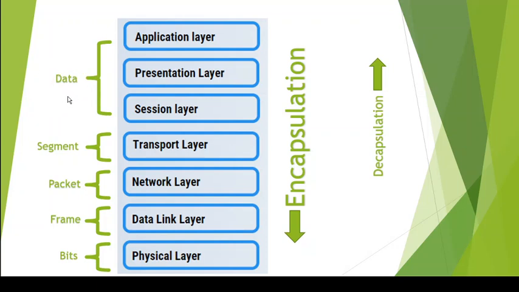It is in the form of raw data, and after that we can move downwards, and then we have segment. The transport layer divides the whole data into segments so that there can be reliable communication. We will discuss this in detail in future videos, but for now this is all we have to know. And after that, the segments are further added with headers and some other things, and it is known as packet